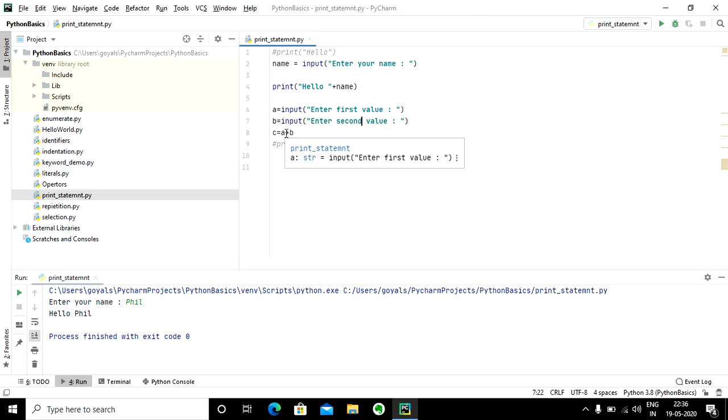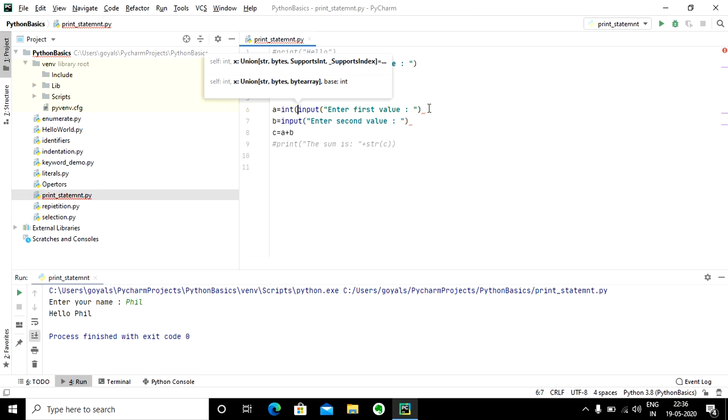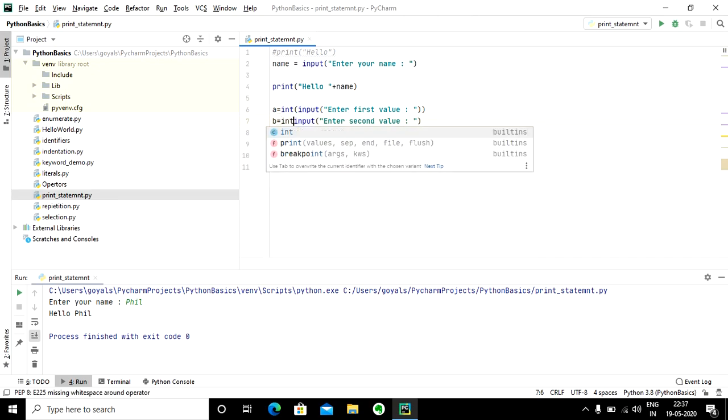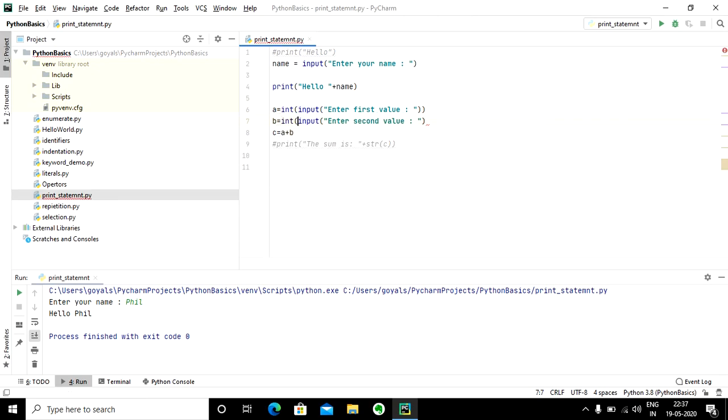But we want to perform arithmetic addition and not concatenation. So in that case, I'll convert this input to integer. It is going to take some value, and then this int is going to convert the value to integer. Similarly, let me convert the other input to integer as well.